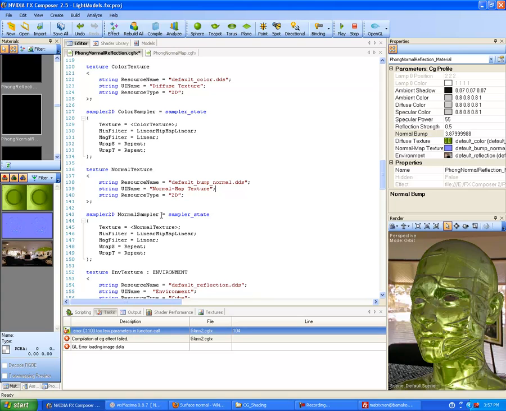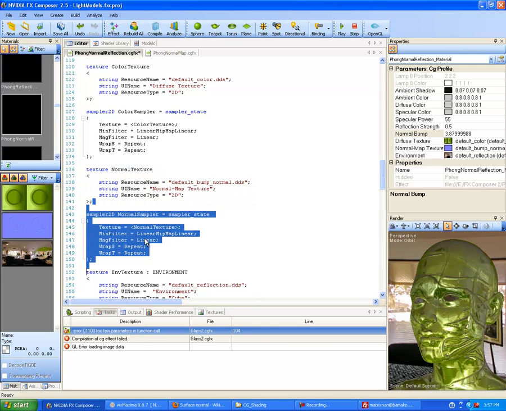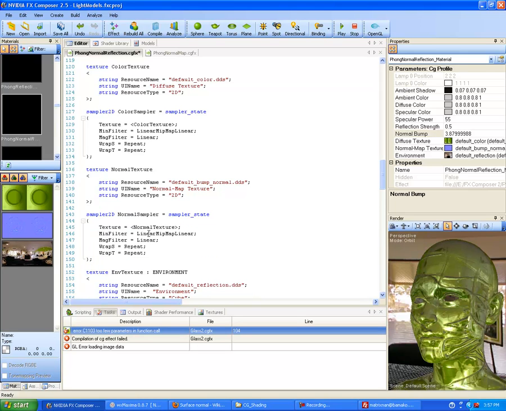Sampler2D normal sampler equals sampler_state. So again, this is our normal texture, and then we need to actually get the individual pixels from it to be processed. And so we're grabbing individual pixels with our sampler state here. Curly brace here, texture equals open greater than sign, normal texture, close greater than sign, semicolon, min filter equals linear mipmap linear, semicolon, mag filter equals linear, semicolon, wrap s equals repeat, semicolon, wrap